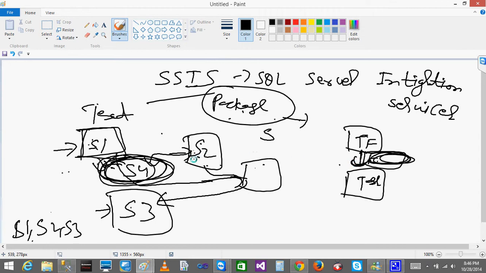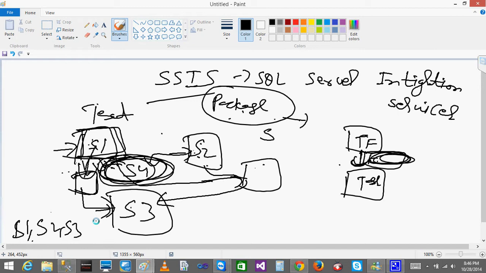So Microsoft made it easy. You just drag, create one connection for the flat file, and create a transformation. Whatever data you load, you can transform and convert whatever you want, and then load directly into the server or directly into the table. Writing code is reduced in SSIS packages. It's user friendly.